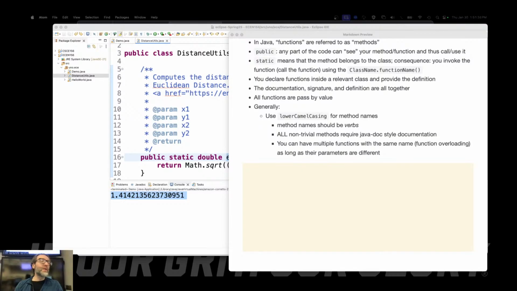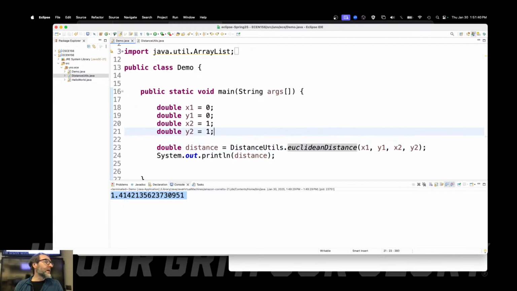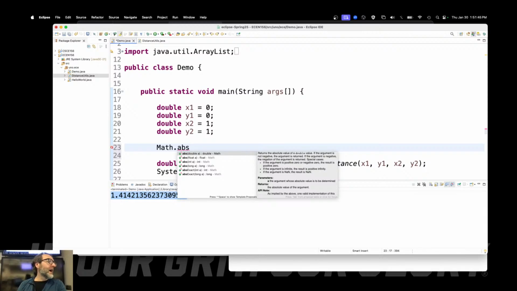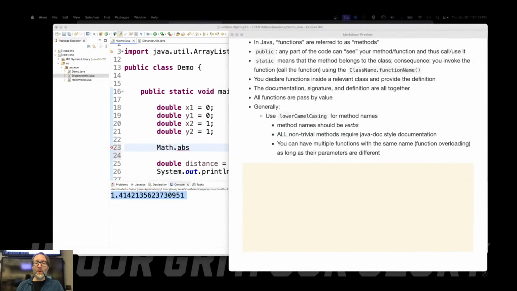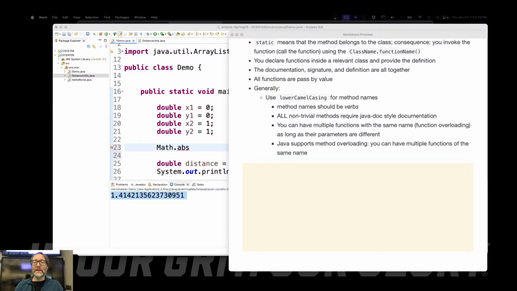There are maybe even more than that that I'm not even thinking of right now. But in Java, they're all called abs, Math.abs. Look at that. I've got 1, 2, 3, 4 different functions of the same name. They're all abs. They just take different types: double, float, int, and long. That's because in Java we have something called function overloading, or method overloading. Java supports method overloading. You can have multiple functions of the same name as long as they take different